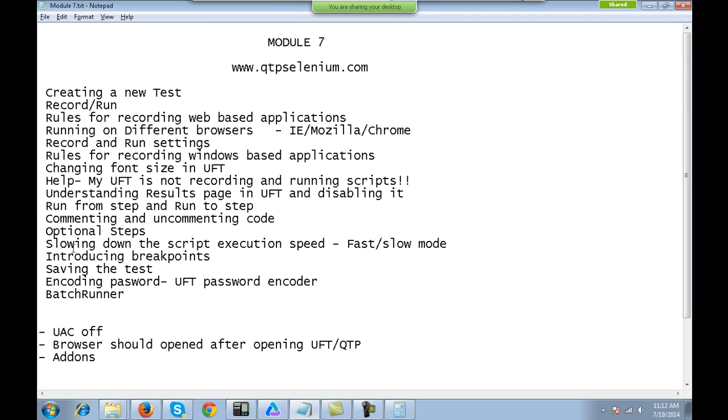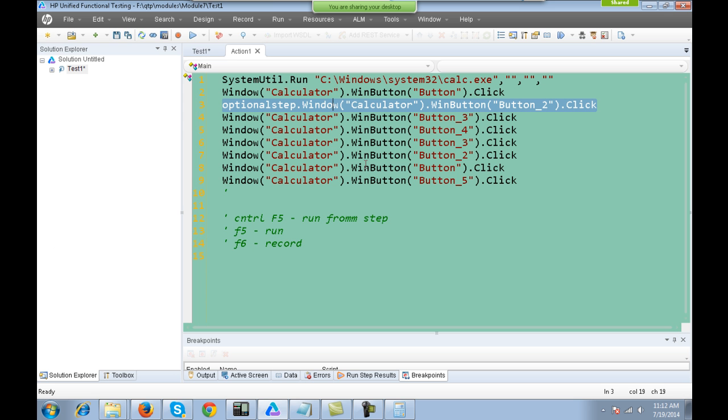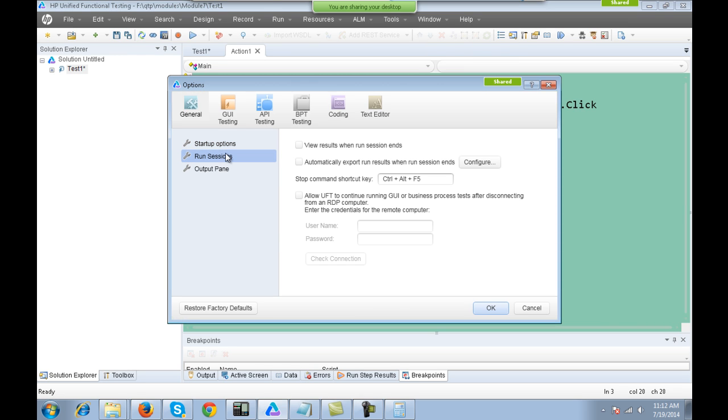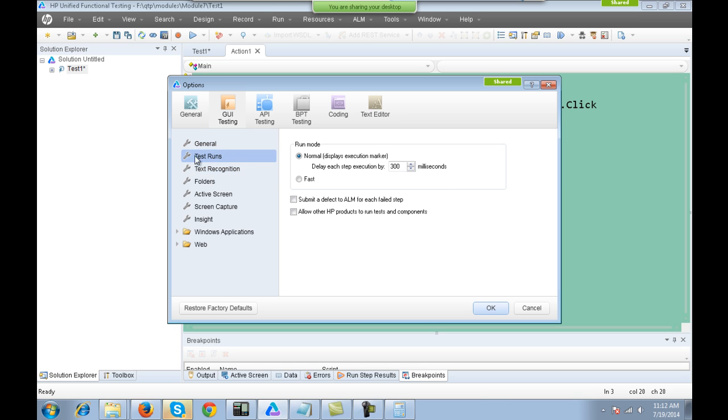Slowing down the scripts and introducing breakpoints is quite easy. All you need to do is go to Tools, Options, and in that go inside GUI Testing, the second tab, and go inside Test Runs.